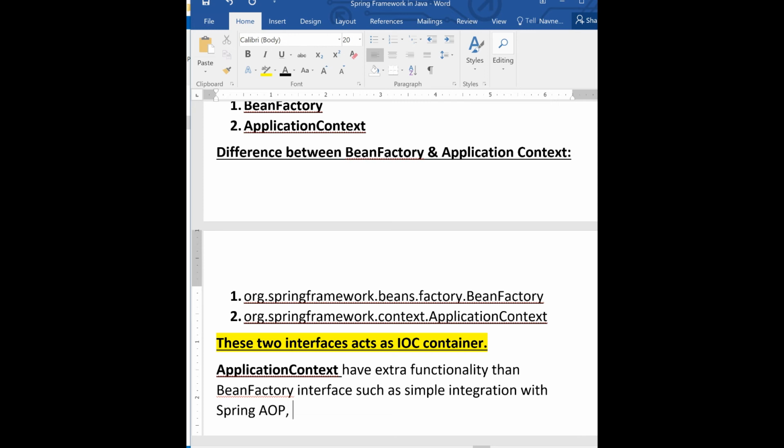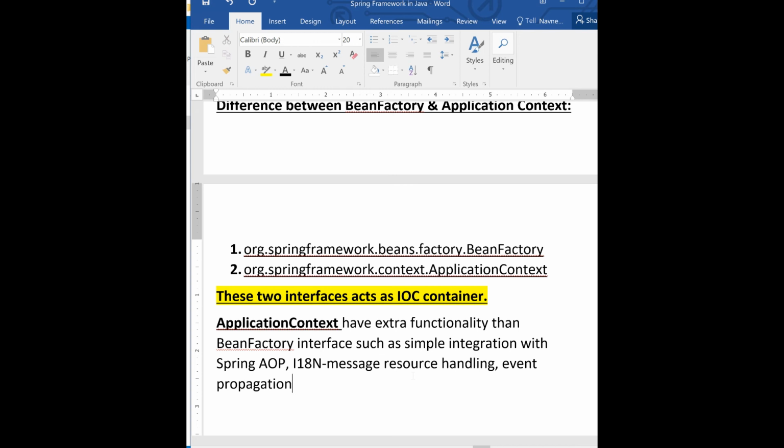We have message resource handling, I18N, a message resource handling feature in the ApplicationContext. Some event handling and propagation features are there.